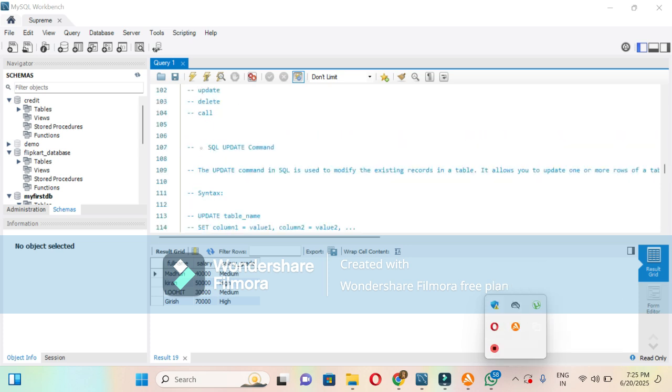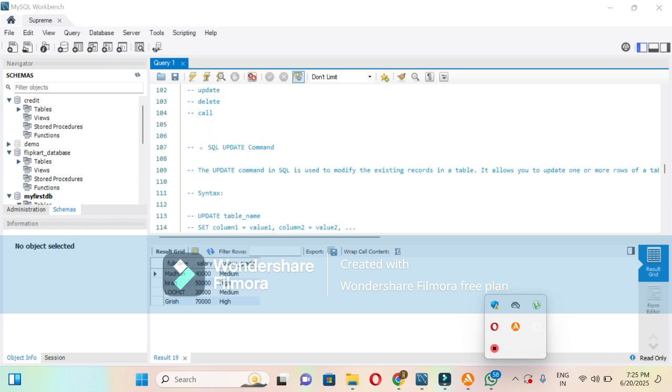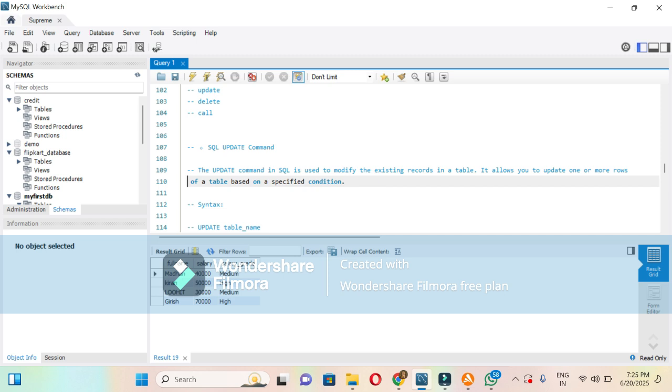In the previous class I explained the data manipulation language command, that is the insert command. Now in this tutorial I am going to explain the update, delete, and call commands. So first let us see what is the update command in SQL. The update command in SQL is used to modify the existing records in the table. It allows you to update one or more rows of the table